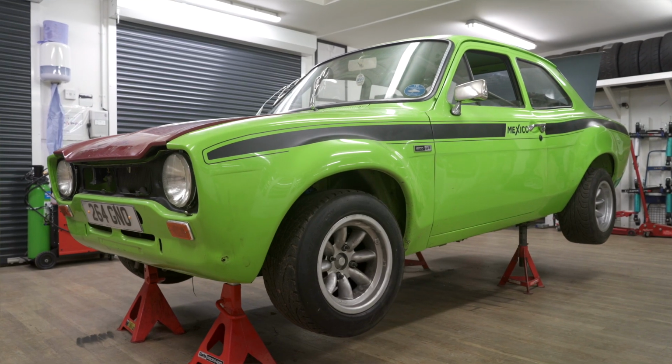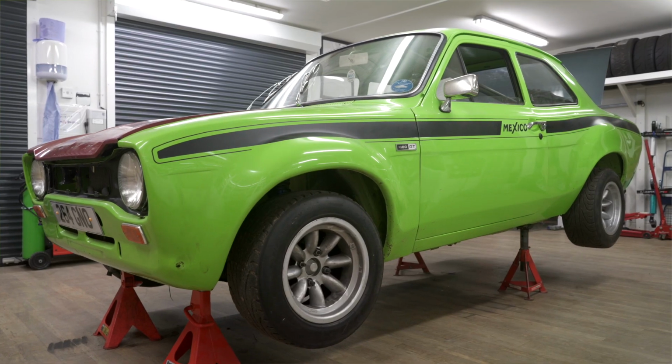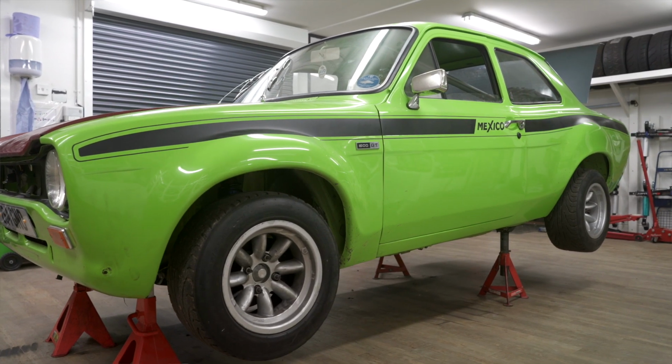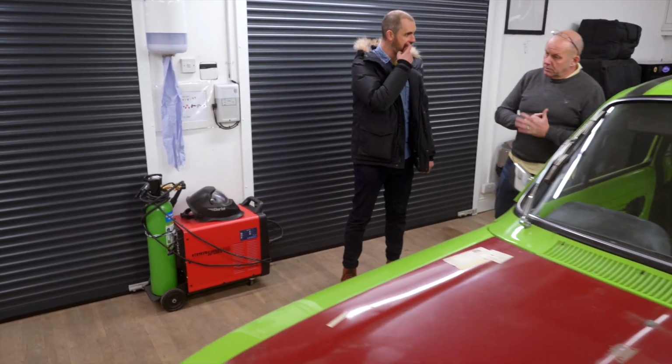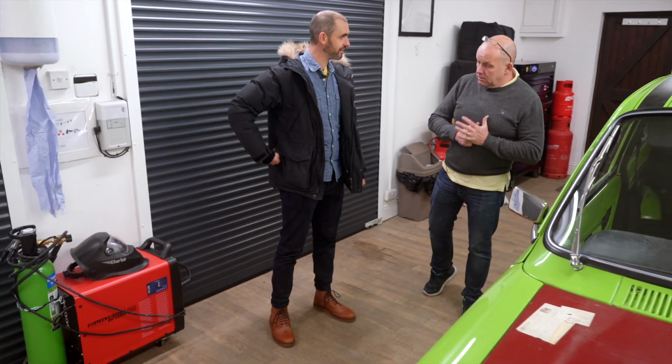This is Escort number 1. You currently own 3? 4. Okay. So I've got this little rascal, and then I've got a Mark II Escort rally car. That's just running a